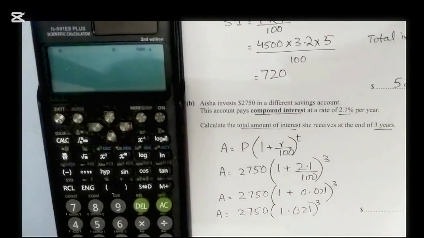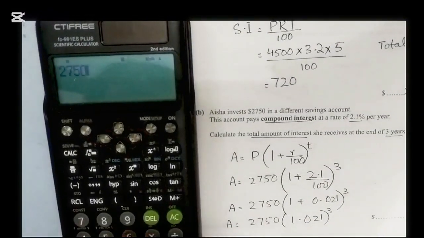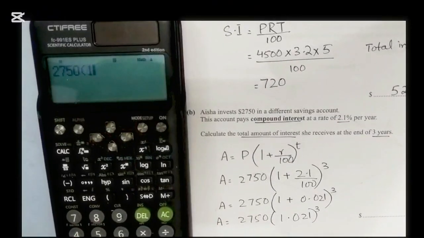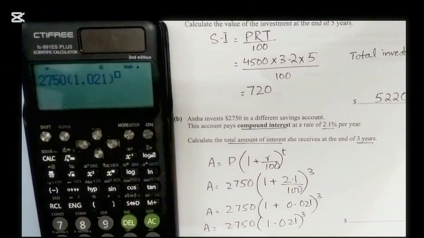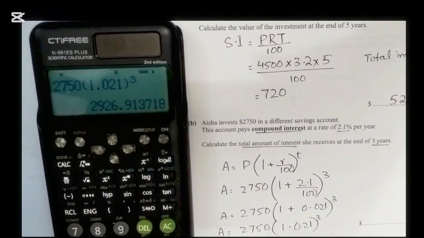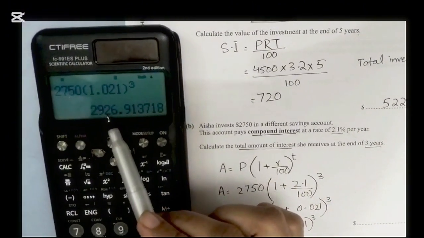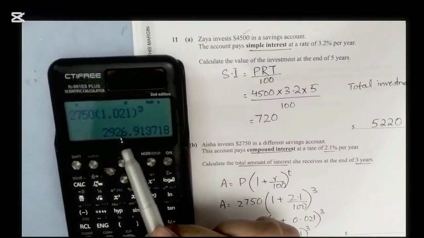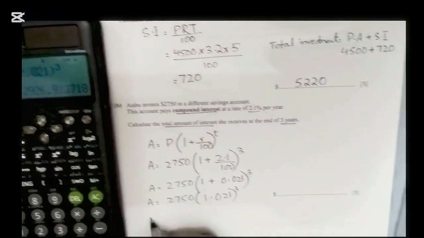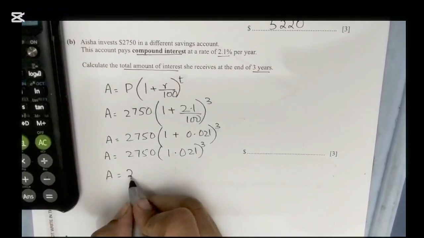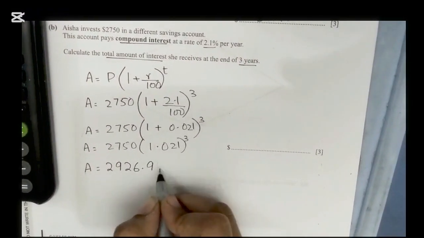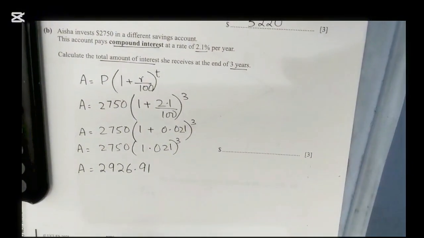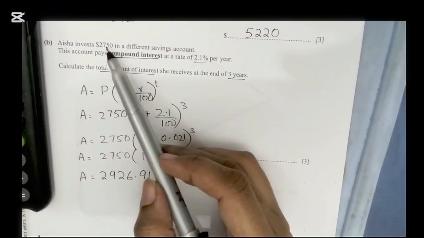Now use the calculator to solve it. So 2750 times 1.021, power 3, now we'll get 2926.91. A is equal to 2926.91. Okay, and our total investment was